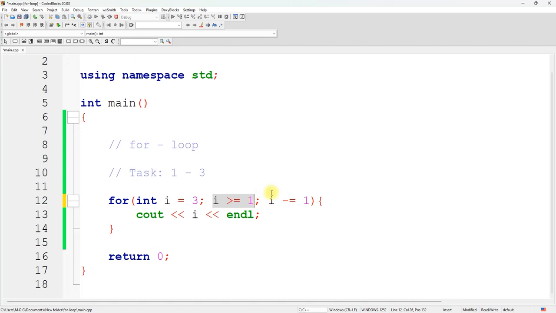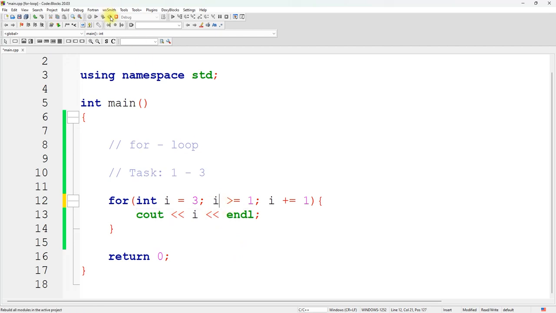Now watch this. Suppose instead of here being negative, I make it positive. At each iteration count, whenever it checks the condition, then displays, and then comes to check again, that is what we call the iteration count. For each iteration count, there's going to be an addition of 1 to the value of I. So it will start from 3, display the 3, coming to check again. Because of the plus equals 1, it is going to be adding 1, 1, 1, 1 to the I. Meaning there's no way